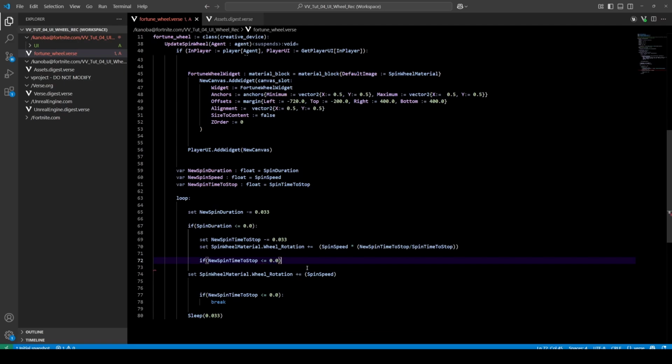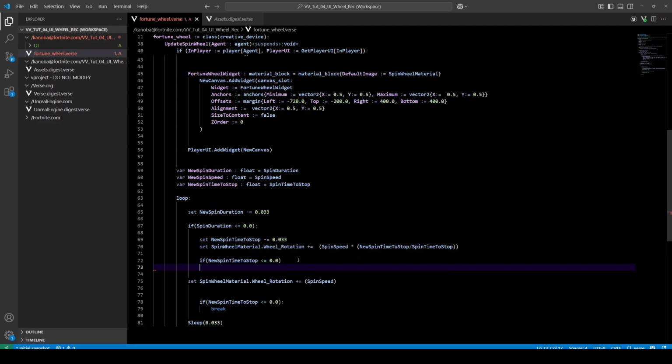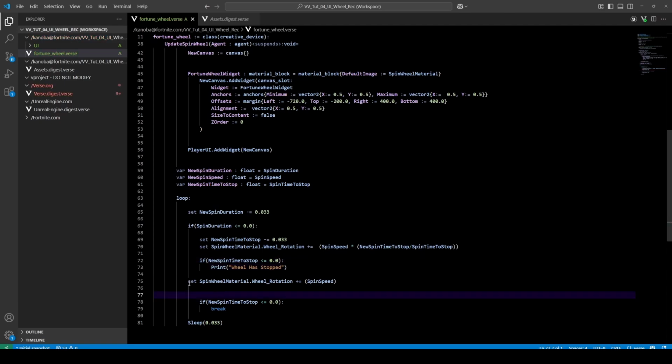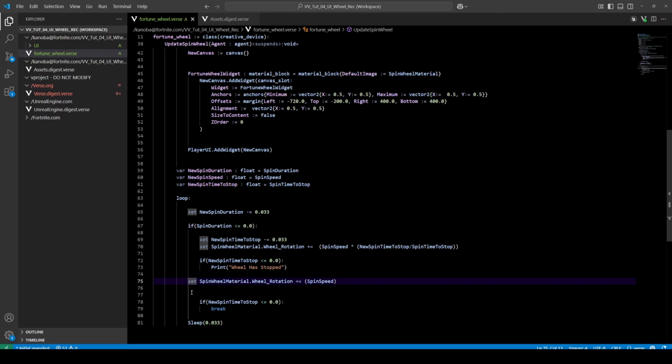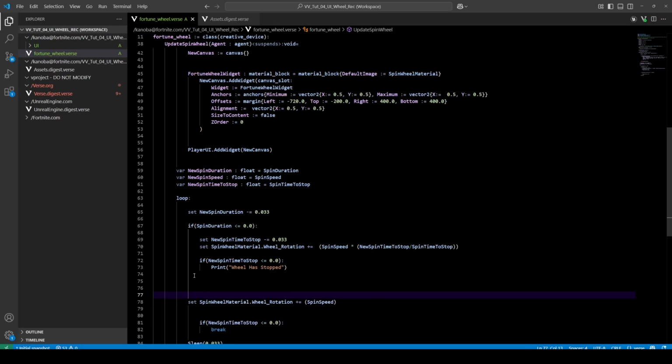So once we've finished our time to stop, that last 1.5 seconds, it's going to stop, and for now we'll just go print "wheel has stopped." And then I think what we can do is, sorry, we need to put an else statement in here as well. So we go else